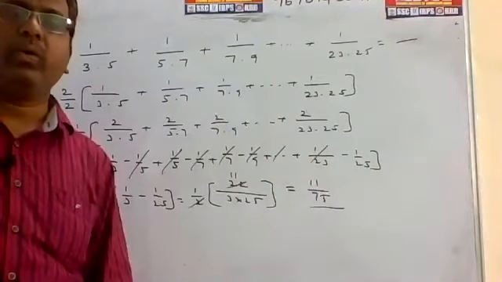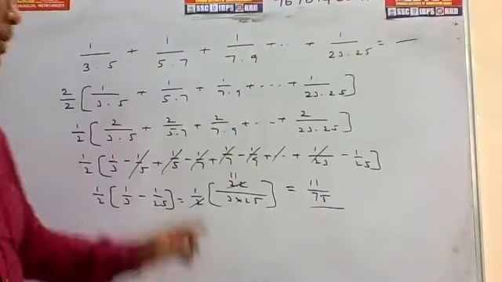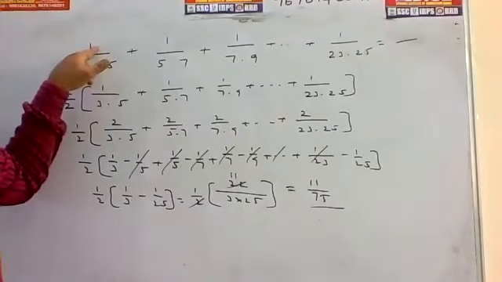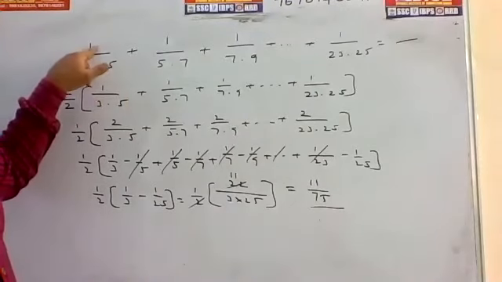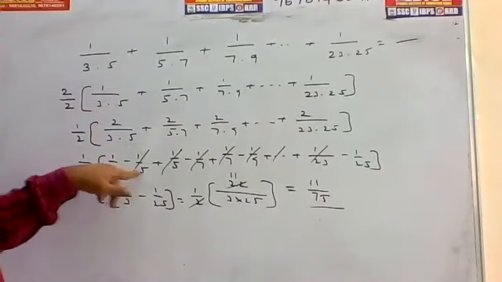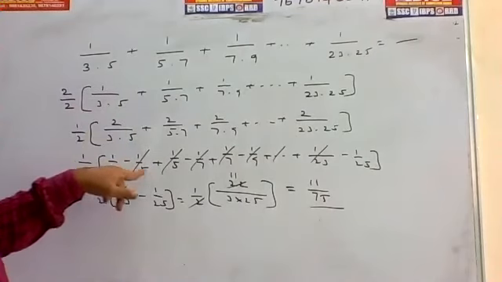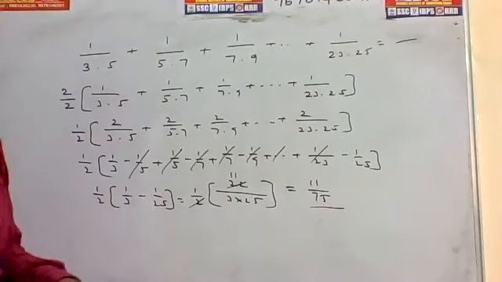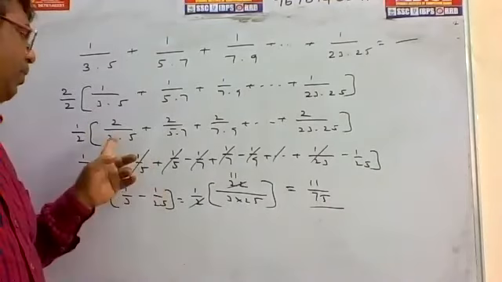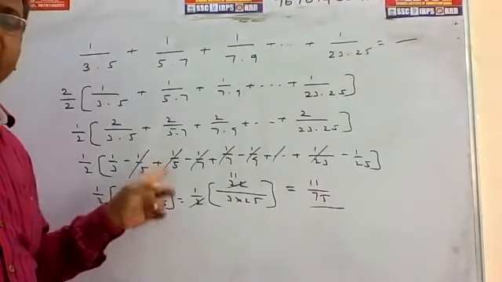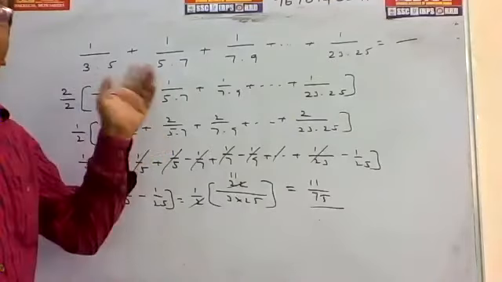Why do we need to take 2 by 2? Here, 5 minus 3, how much? 2. But what is there here? 1 is there. With 2 in the numerator, only then can you write it in this form, 1 by 3 minus 1 by 5. That's why I am putting 2 outside. If you want the formula 2 by 3 into 5, only then can you write it as 1 by 3 minus 1 by 5. For that purpose, I am taking 2 by 2.